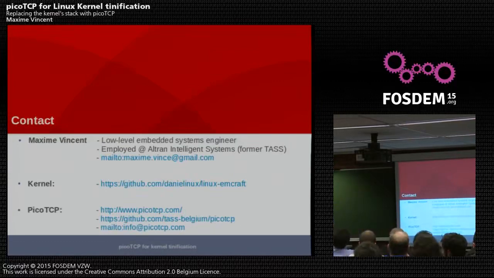You said that you are testing it quite hard. Does it mean that it is already stable? PicoTCP is already stable, absolutely. We're very proud of that, and you can even check our test results on GitHub. We got a link there. But the port to the kernel here, which I demonstrated, is absolutely not very stable, no. It's a proof of concept, for now. But we plan on developing this further, especially because there is some interest on the Linux kernel mailing lists for getting the kernel size down to use it on Cortex M3 or even smaller systems, which is not possible with plain Linux.